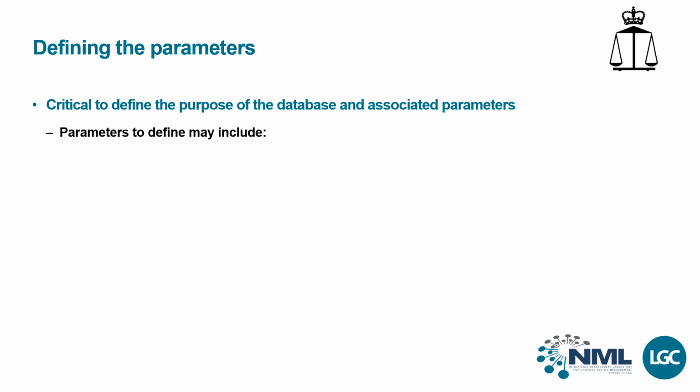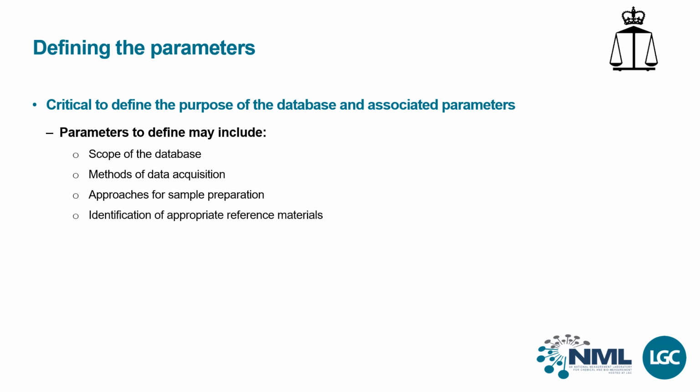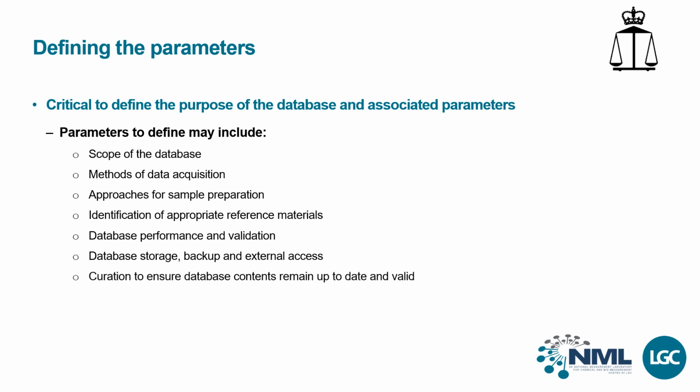In terms of parameters, these may include the scope of the database, methods employed for data acquisition, approaches for sample preparation if required, identification of appropriate reference materials, how to evaluate database performance and validation, considerations for database storage, backup, and external access, the matter of curation to ensure database contents remain up to date and valid. This list is not exhaustive, but most of the key points will be covered in more detail in the following